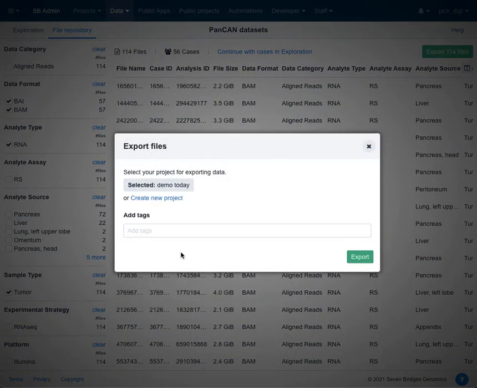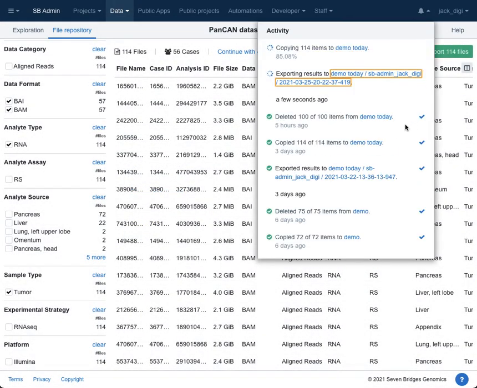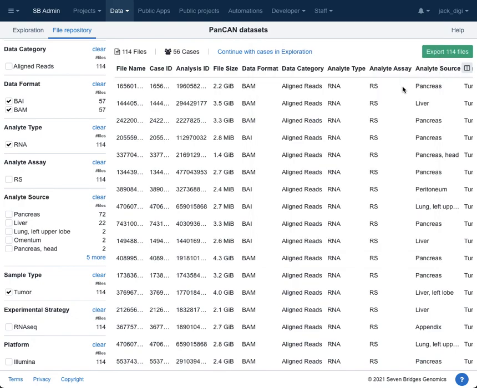And you could bring those into a project as well for further analysis. You can add tags and do the export. Now it's starting to copy those files over to the Demo Today project. And importantly, when I say copy, it's actually just making a pointer to the data. It's not making a copy, but it first made sure that I was authorized to access that data. It picked the cohort that I was interested in and it moved them over. So now